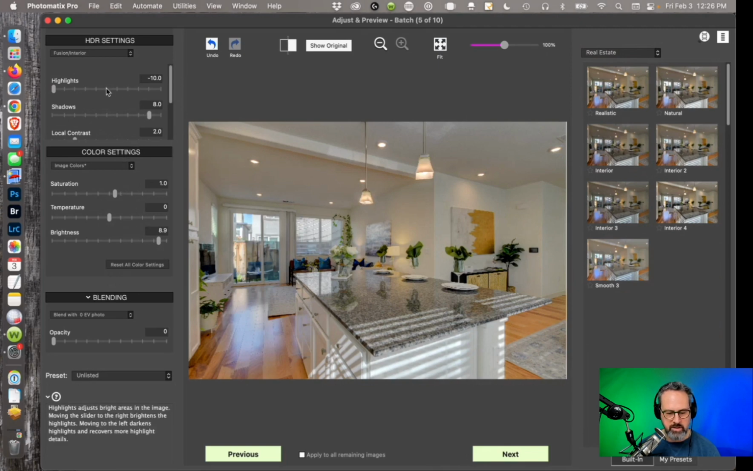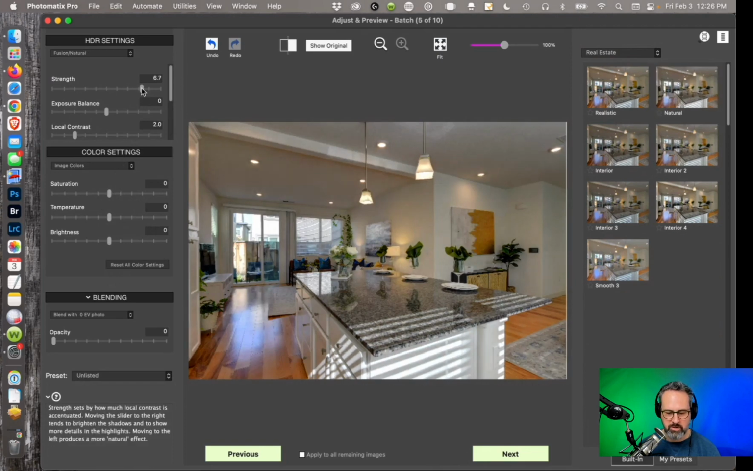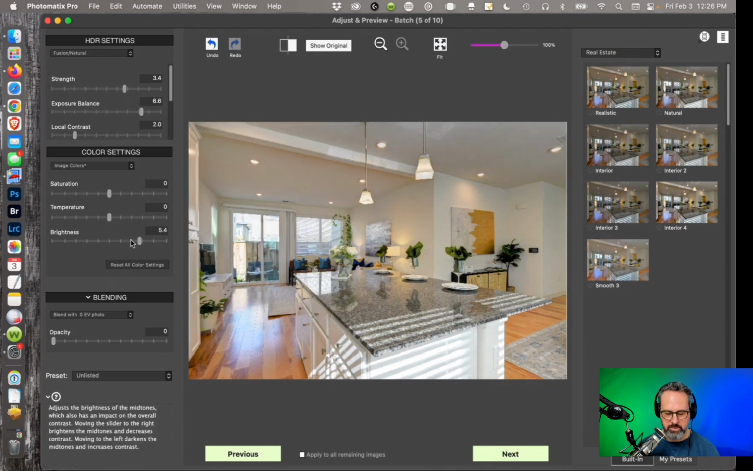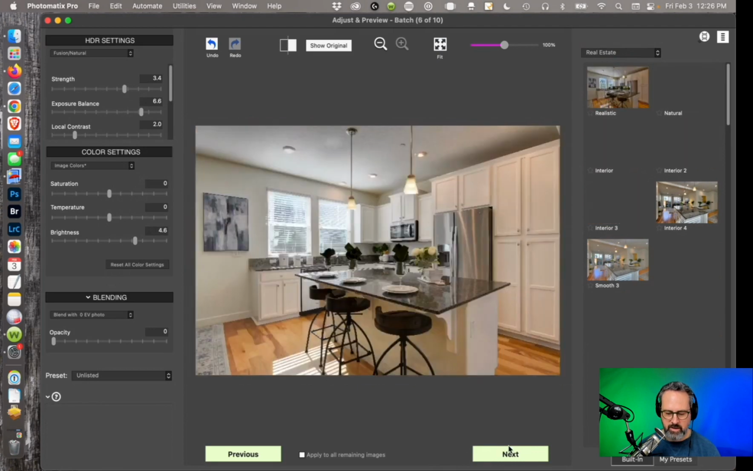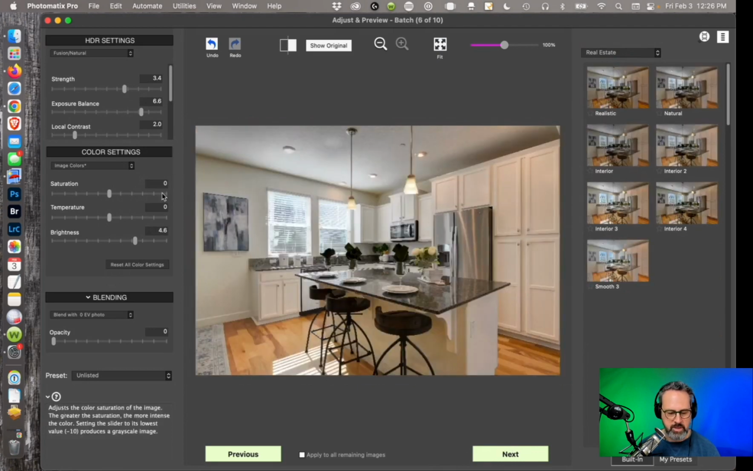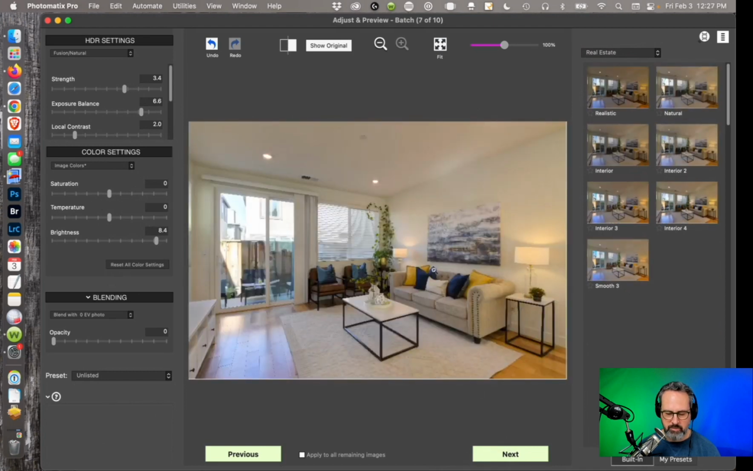So again, we can change completely, go back to natural, use our exposure balance, bringing everything together, just pump up some brightness. It's real estate. You want to be bright, right? So click next. Same thing either way. So we don't need to do each one, but here's one that has some